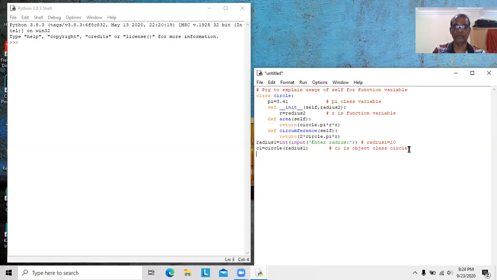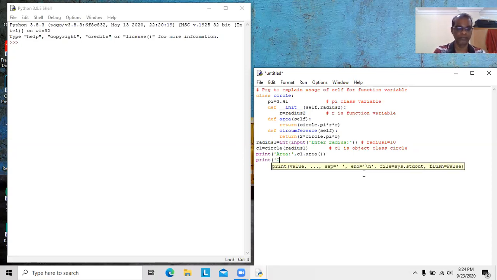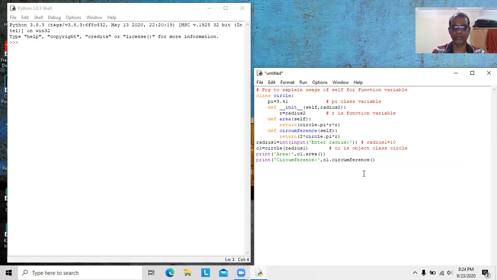Now we have to call area as well as circumference, with the help of the object name: C1 dot area, similarly C1 dot circumference.